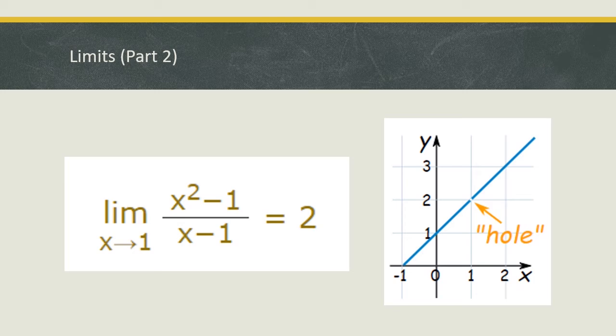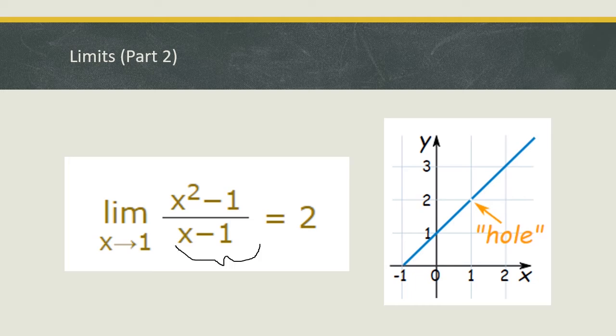And you can't divide by 0 because then the whole equation would be undefined. Well, we see that the solution is 2, but looking at just the function over here,